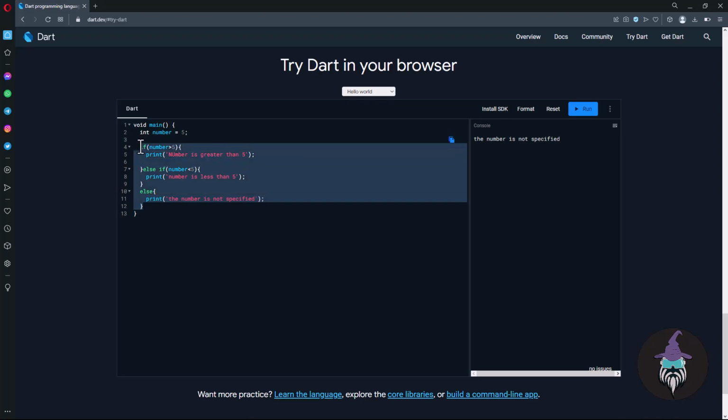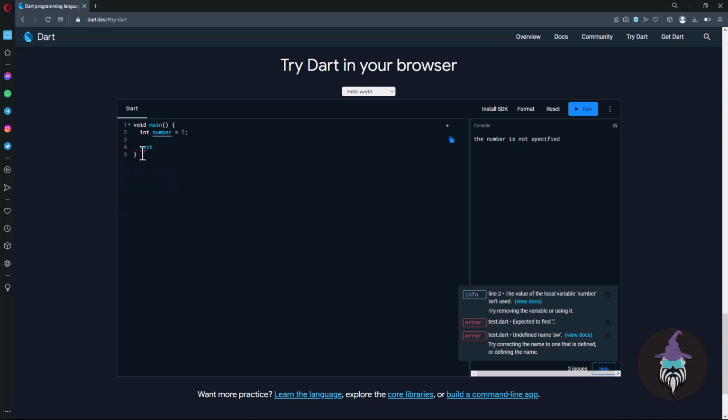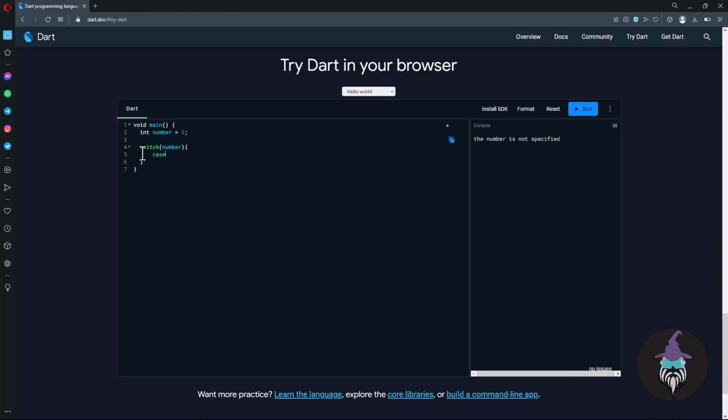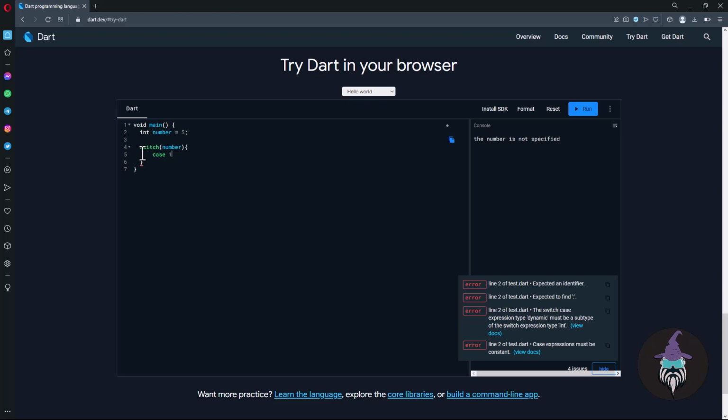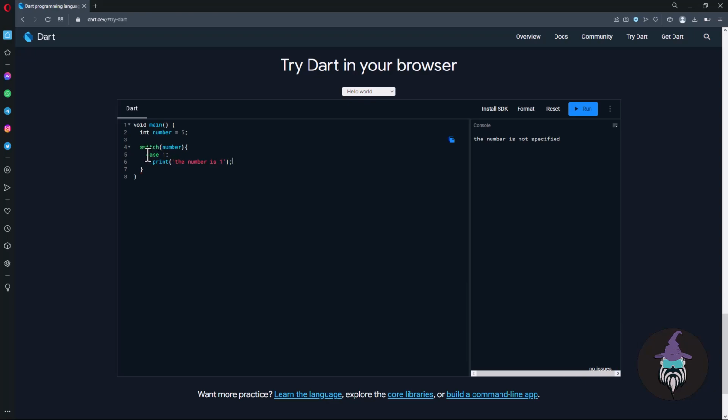So aside from the if else statement, there is also a switch condition. Switch, and inside the small braces we put the value of the variable, and inside curly braces we type in the case. So let's provide the case the number is equal to 1. So print the number is 1. So this means that if the number is equal to 1, it will print the number is 1. So after every case is defined, we have to type in break. So what break does is it specifies that the case is completed and we have to end the control of the flow. So case 1, let's make another case